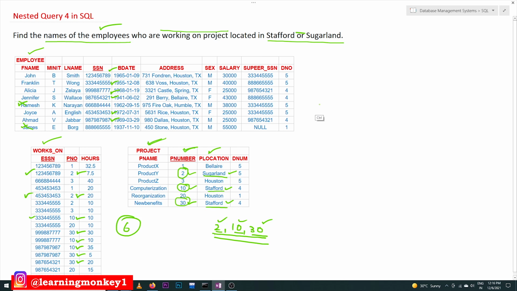Okay, let's try to write the query. We need 3 nested queries, because we are working on 3 tables, we need 3 nested queries. So let's try to write it. First, the outer query, we have to find the f name, so f name comma l name, this is name, from which table? Employee